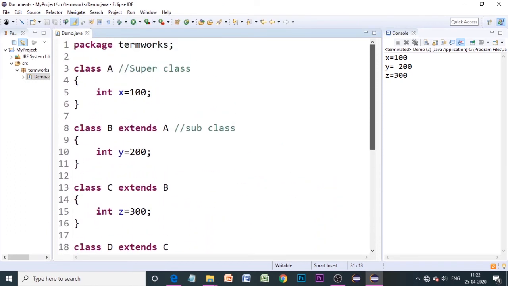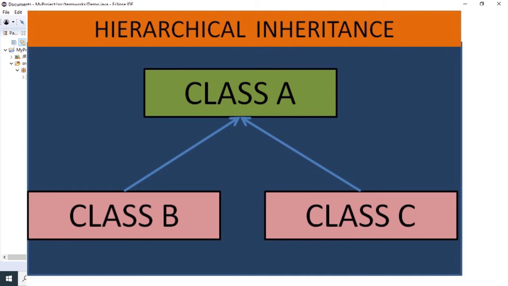And coming to another type of inheritance, we call it hierarchical inheritance, wherein there will be many subclasses that get extended from one superclass.